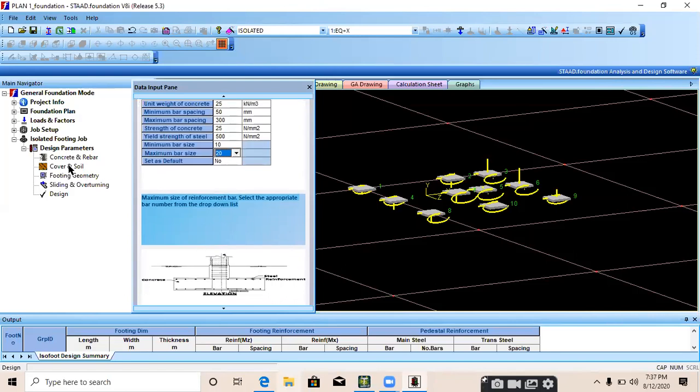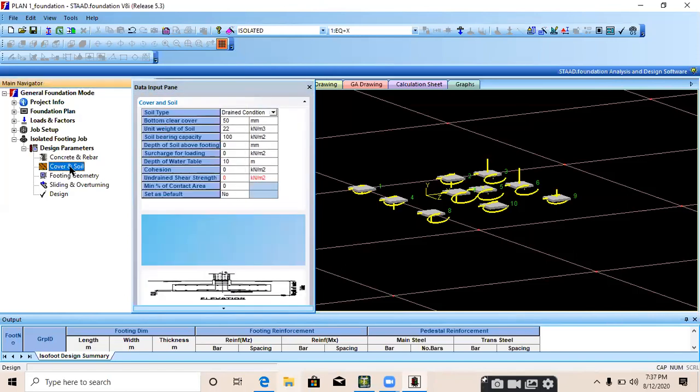Right. Now go to cover and soil. Just click on this. Soil type, you need to provide whether it is a drained condition or undrained condition. If there is no water, soil is dry, then provide drained condition. If there is water where you are constructing a footing, provide undrained condition.